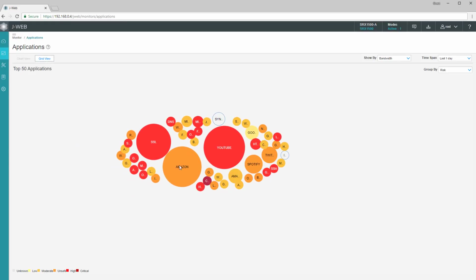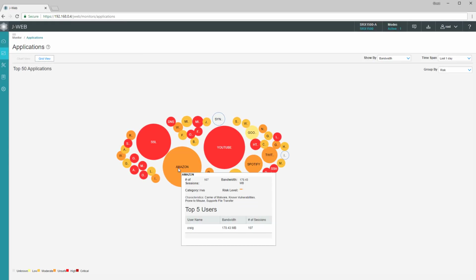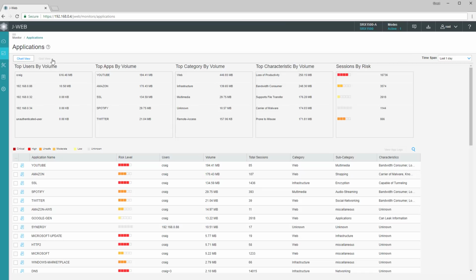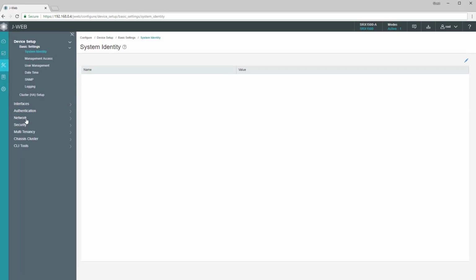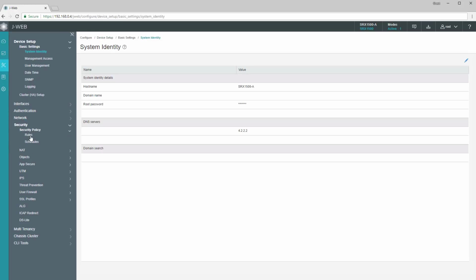Here, we can see that there is a wide variety of applications visible to the SRX, with YouTube, Amazon, and several others consuming the vast majority of bandwidth. Dropping into grid view allows you to see the results in an easier to read format. Now that we've got some understanding of the applications transiting our device, let's see how we can control them with